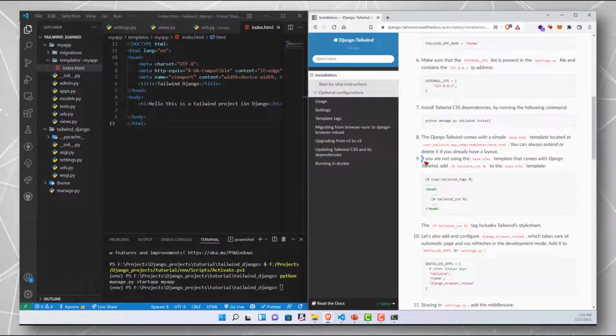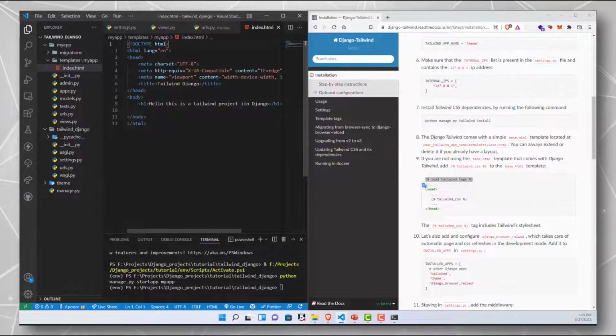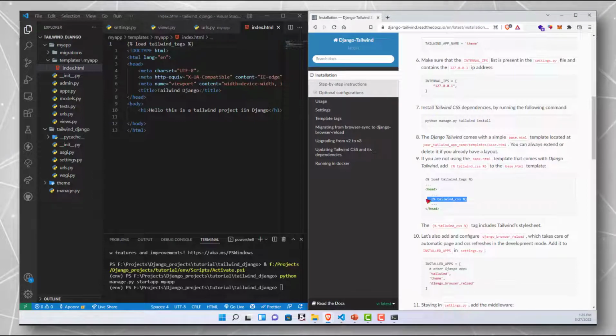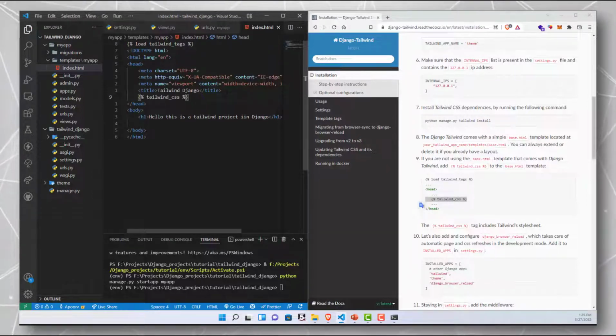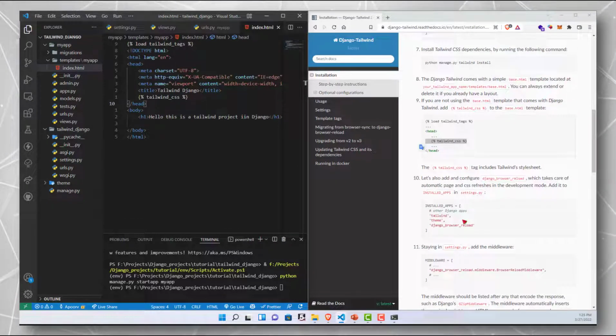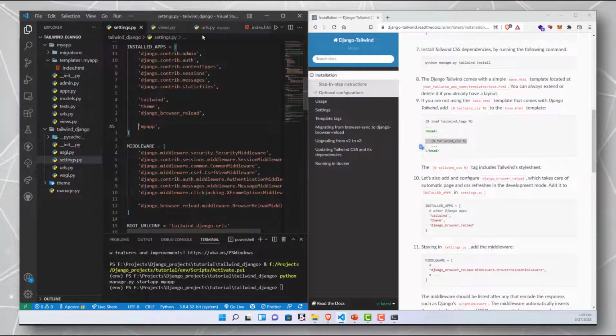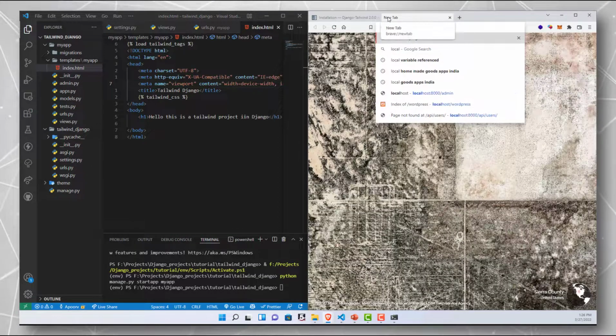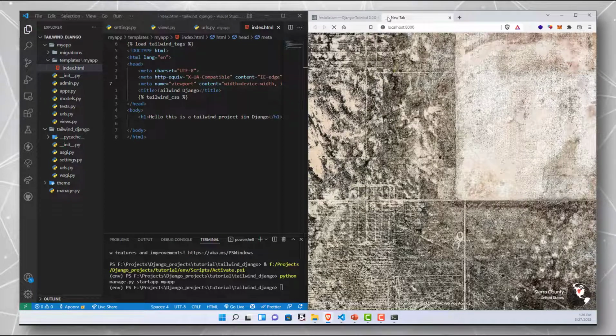Now, if you go back to this documentation, we skipped one or two more steps here. So we are going to copy this 9th step code, add it to the top of the file, load Tailwind tags, and include this other tag in the head of the HTML content. And with that, I think we have skipped no more steps. Yeah, that should work. If we go to our localhost 8000,